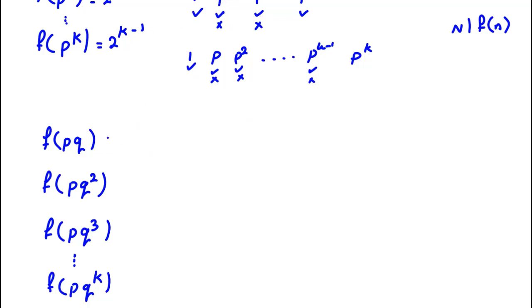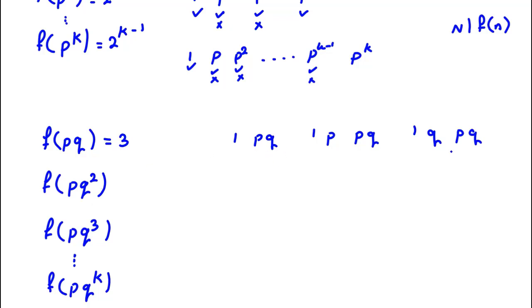Okay, f of pq is what? We can say, okay, 1, pq, 1, ppq, 1, qpq, okay? We have only these three terms. If we consider pq squared,